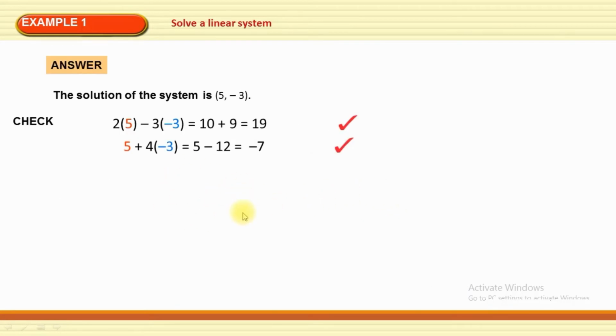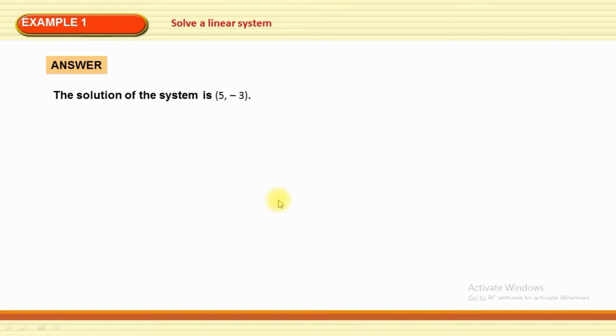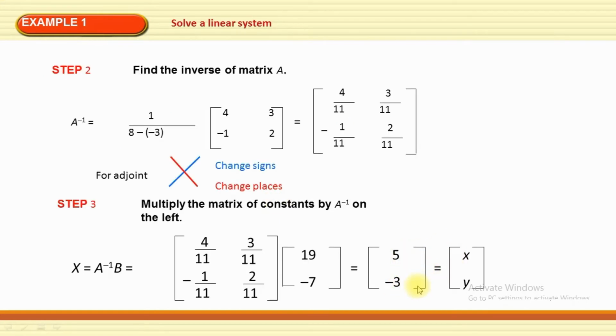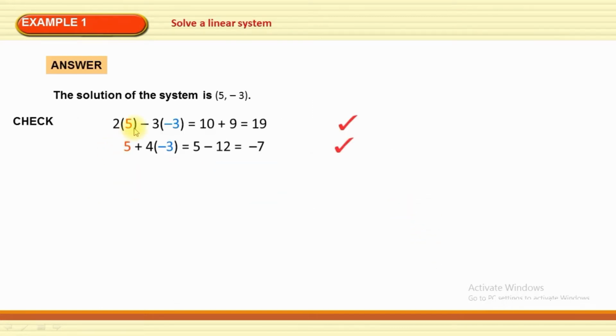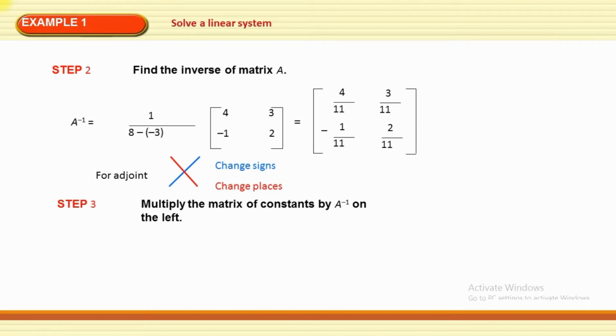Now, dear students, we can check the solution for the given system. To check the result, take 2x, this is the value of x, minus 3 times y. In the previous slide you see the value of y is minus 3 and the value of x is 5. So 2x is 2 into 5, minus 3 into the value of y, minus 3, which is equal to 10 plus 9. 2 fives are 10 and 3 threes are 9. So 10 plus 9 is equal to 19, and 19 is on the right-hand side of equation number 1.